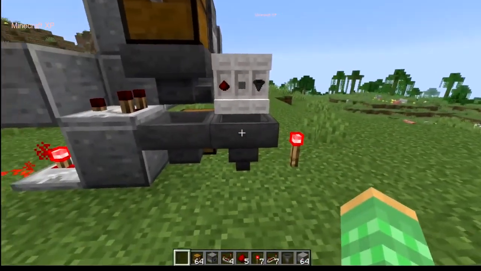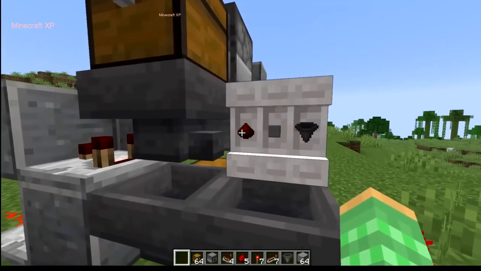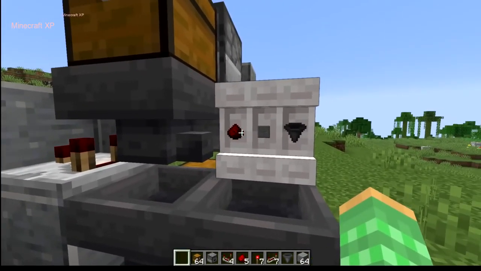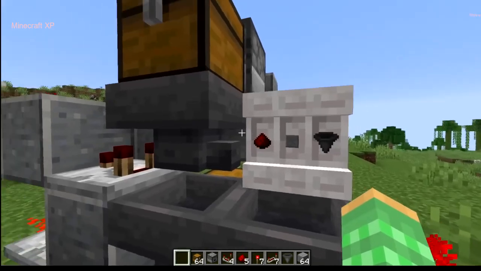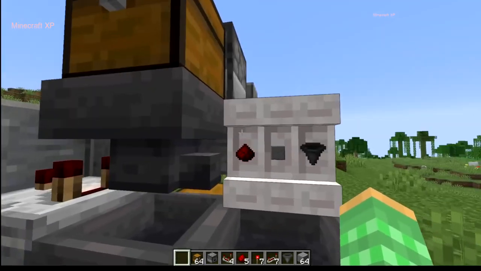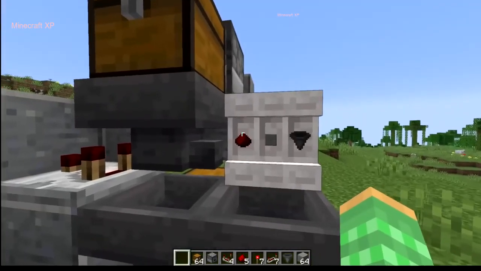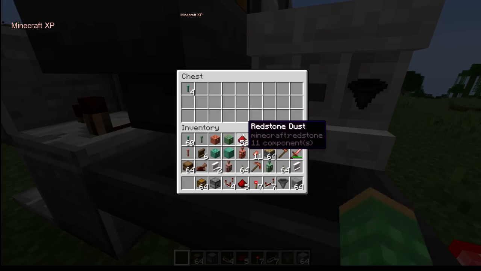But now we need to make a new redstone circuit that can detect when to pull out redstone dust. It should only pull out redstone dust when a redstone dust is added to the slot. But it should not pull out an item from this slot if the item goes into this chest in the